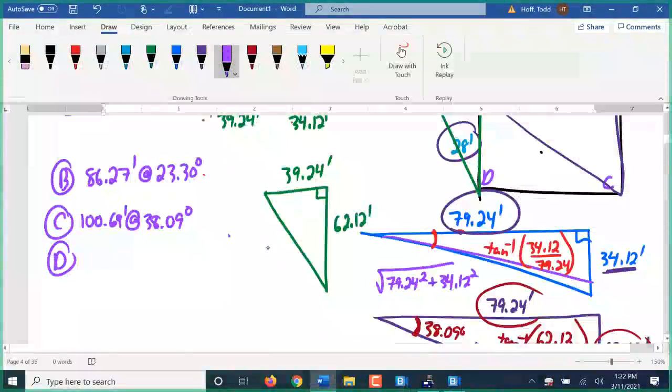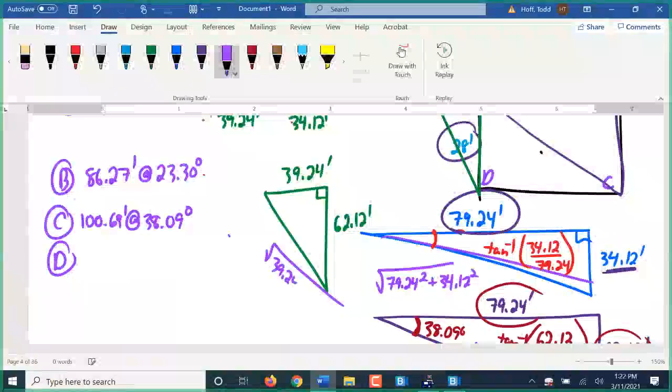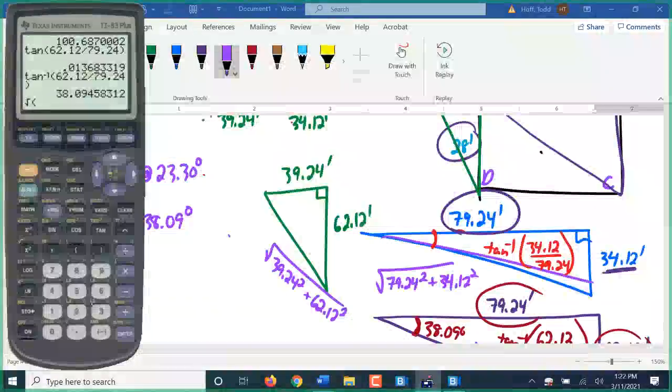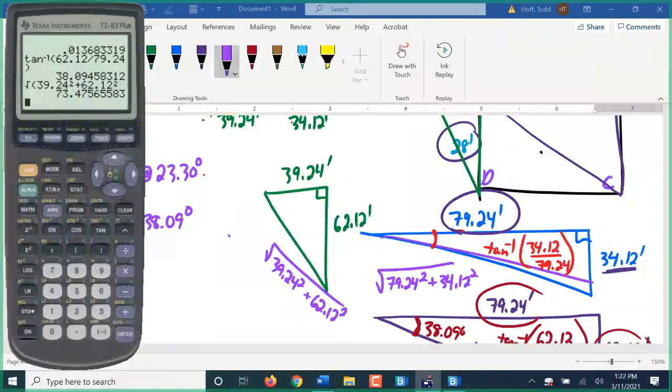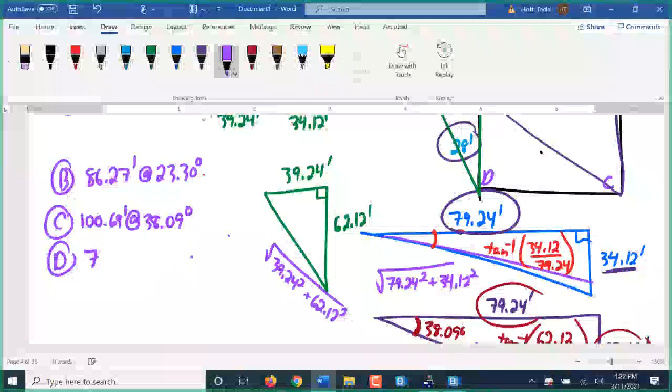And so this length here is the square root of 39.24 squared plus 62.12 squared. Well, 73.48 feet